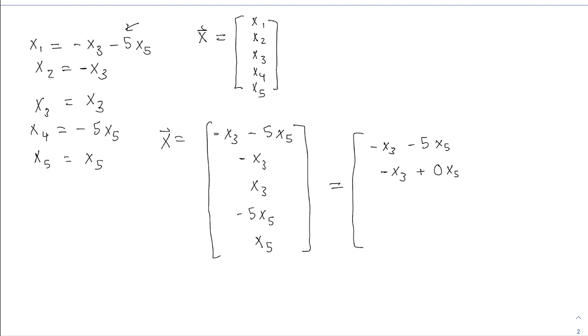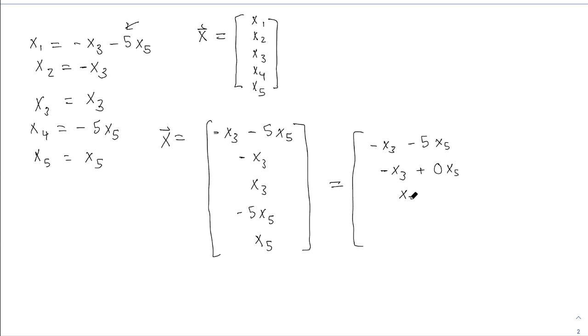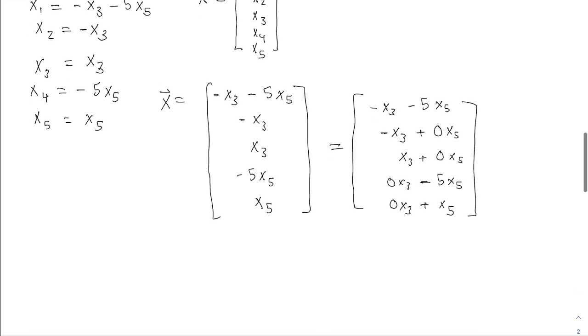It's not changing anything. 0 times x5 is 0, right? And the next one is going to be x3 plus 0x5. I'm going to say 0x3 minus 5x5. And then I'm going to say 0x3 plus x5. You might ask why I did that. I'm doing it to show that